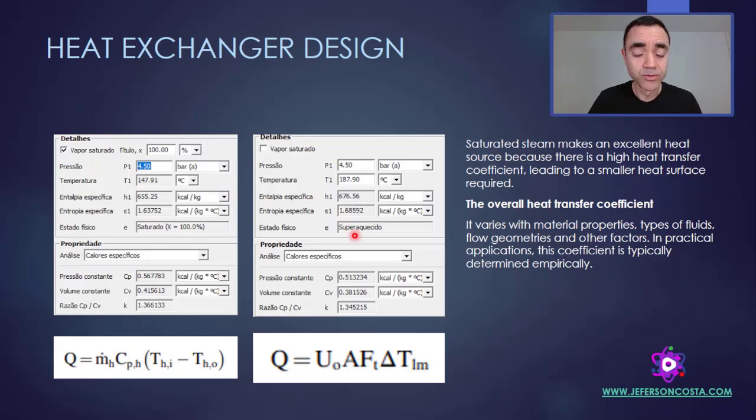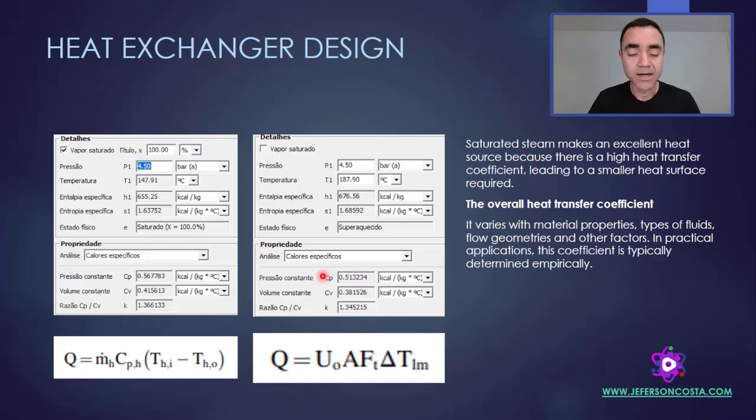Let's take a look at these two tables here, where I also have the saturated steam on one side and superheated steam on the other side. The difference now is that instead of operating at 0 bar G, I am operating at 4.5 bar G. Because of that, the temperature is different from the previous one, but the condition is the same because I have saturated steam and it leads to a temperature of 148 Celsius degrees. And I have superheated steam, meaning that the temperature, as the pressure is constant, is above this value here.